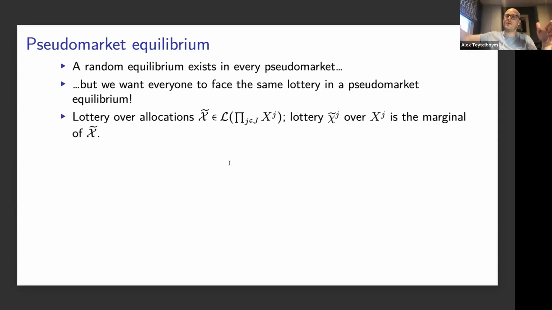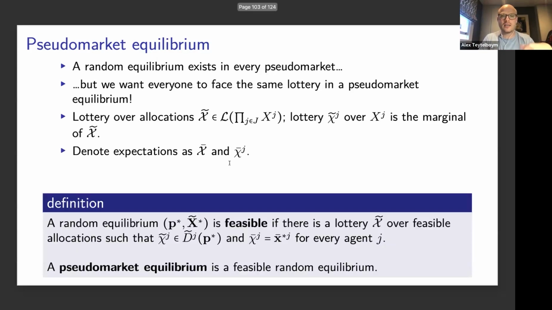And in this lottery, what I want to think about is this object chi j, which is going to be this agent's marginal. So there's a lottery over allocations. In each realization of the lottery, the agent is getting some bundle. So I can just pick out this agent and say, what is the lottery you are facing? And remember, what we want is this marginal in this grand lottery to match the lottery that they want in a random equilibrium. So again, denoting expectations with bars, we're saying a random equilibrium is feasible, realizable, implementable, which are the kind of words that you will often find in this literature,